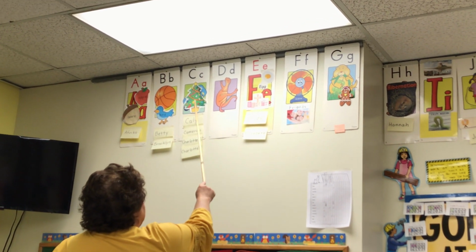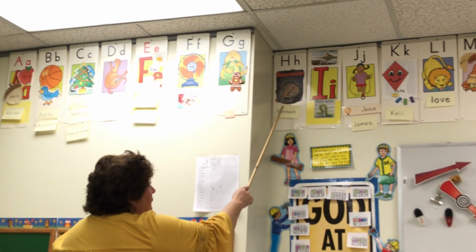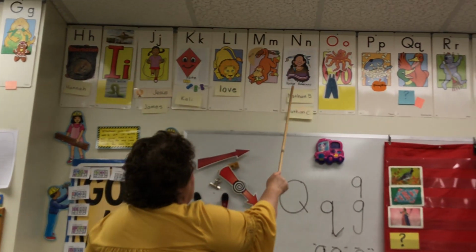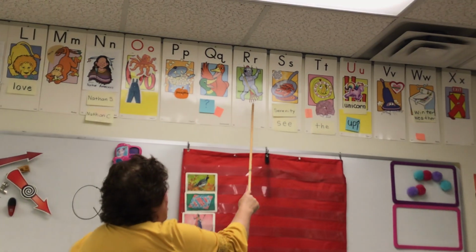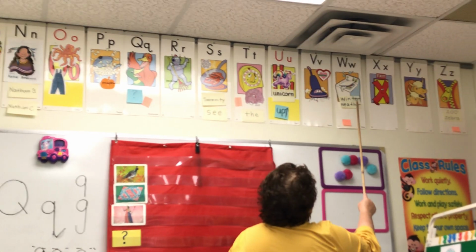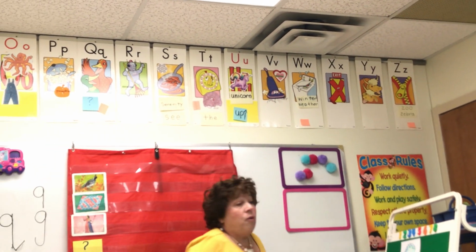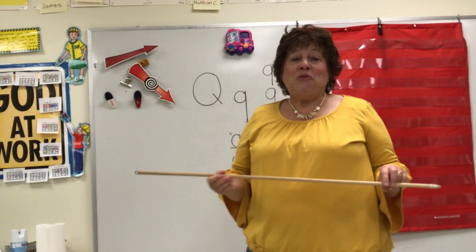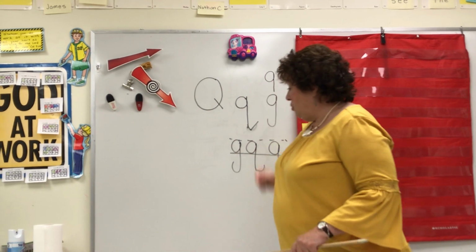A, B, C, D, E, F, G, H, I, J, K, L, M, N, O, P, Q, R, S, T, U, V, W, X, Y, Z. Now I never will forget how to say the alphabet. Forgot to do the Q